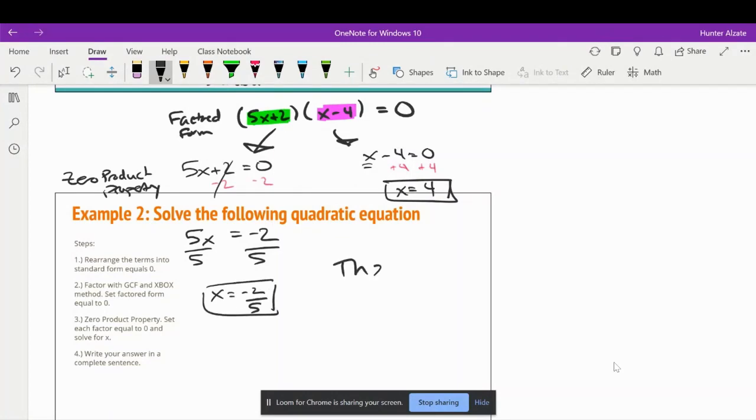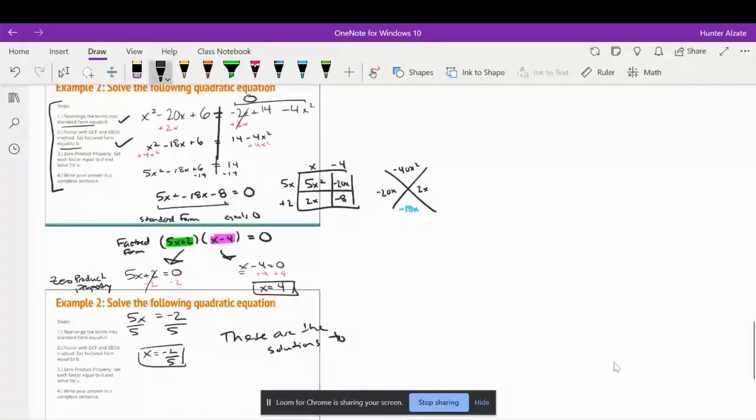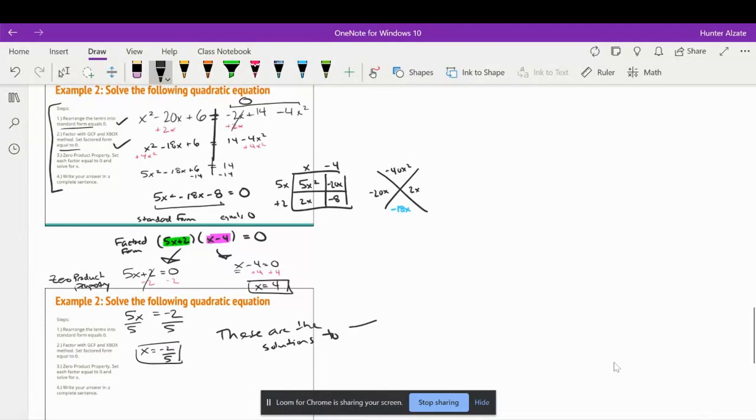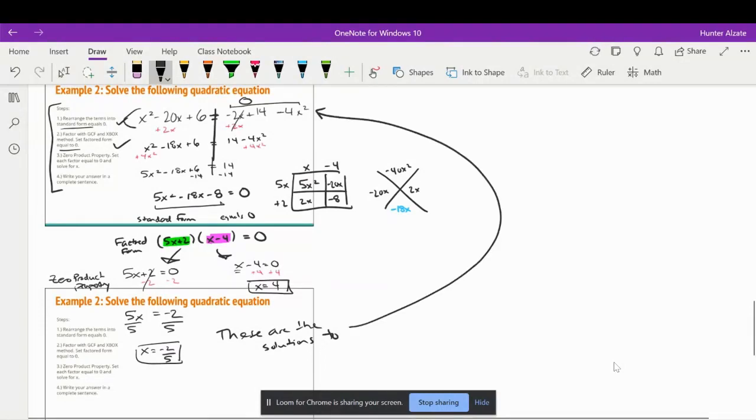So these are the solutions to the original equation, which was this up here. X equals negative 2/5 and x equals 4. Okay. So those were the